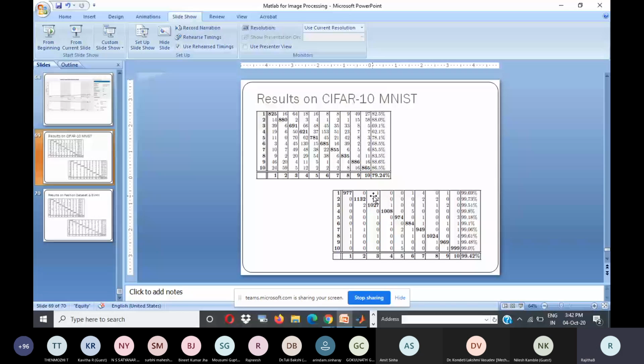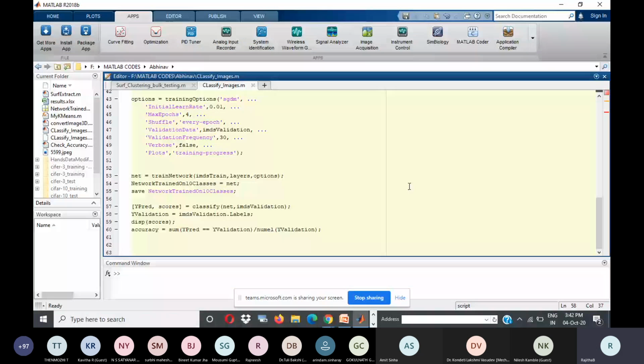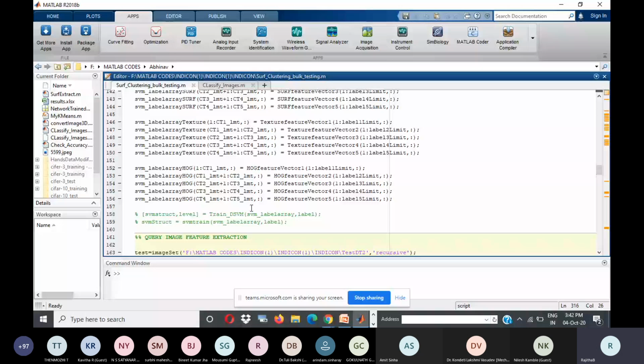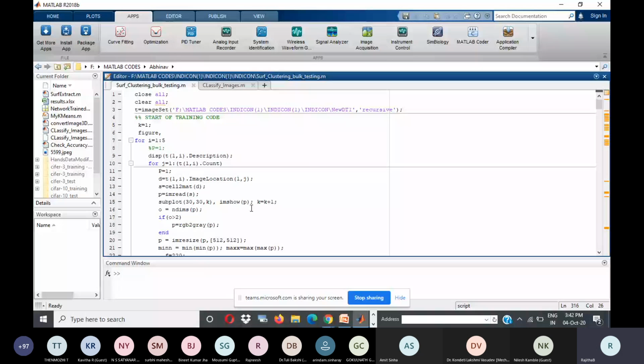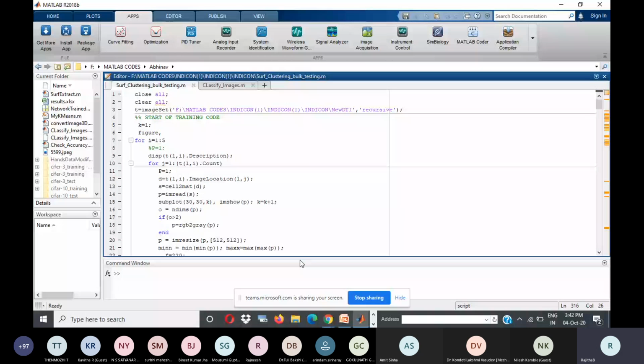Now, I just want to end this session by giving one more instruction. What I discussed just now is completely on the coding part, right? I've coded lots of lines here. I don't know how many could understand what I have done in this particular coding, and similarly in the classifier. But if you don't want to code, there is one more option in MATLAB where you can see the apps button on the top. Okay, there is an apps button. On that, you can go for